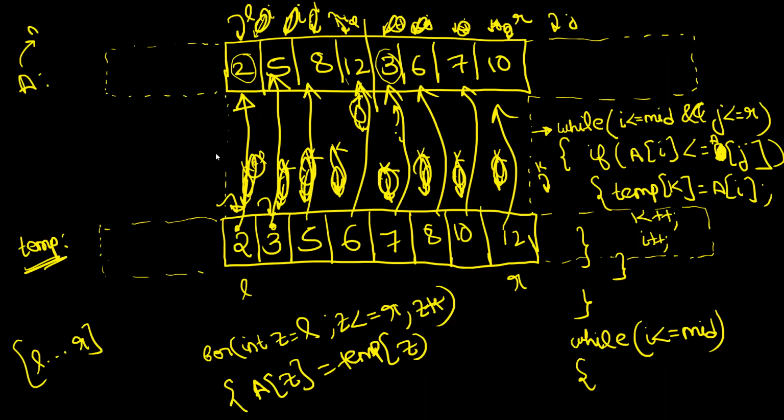But how will we identify? Forget that thing, right? Just focus on the merging part at this point of time. I'll repeat it once again. No, it cannot be done without creating the temporary array. Let me repeat once again. Okay. So what I'm trying to say,